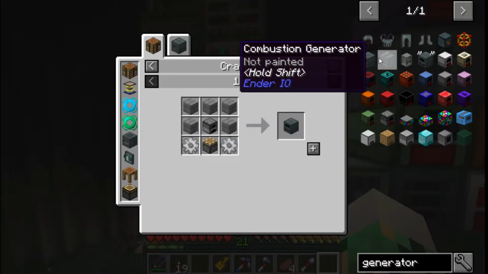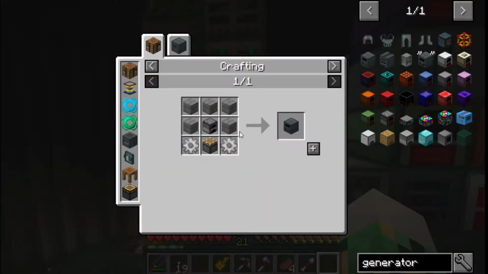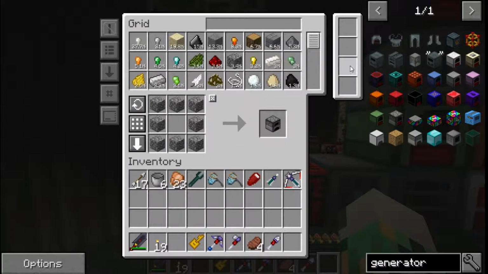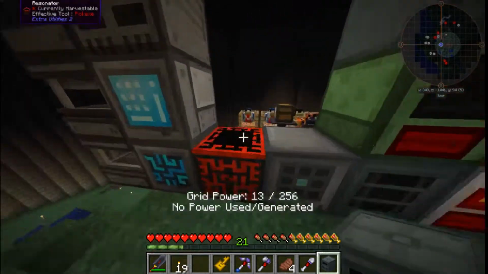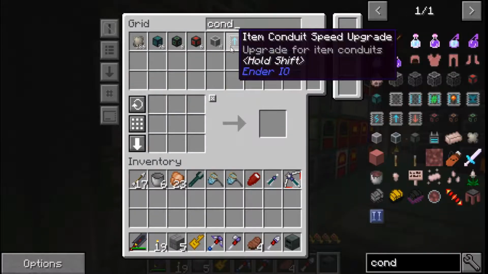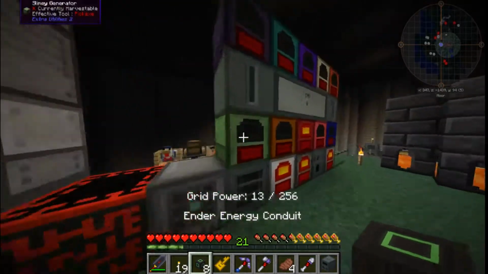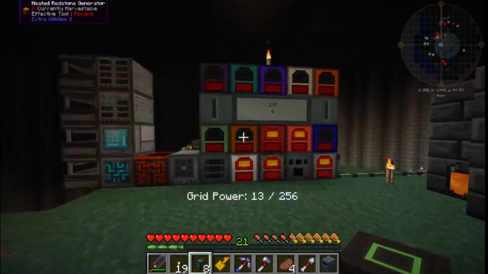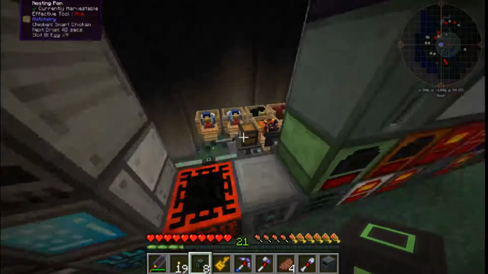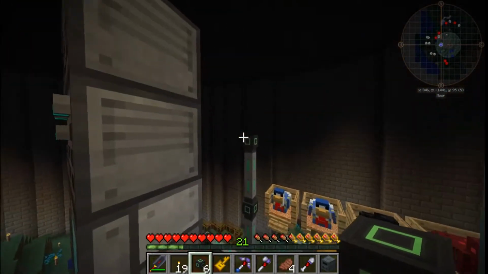Let's see what that... we're going to have to make all of these things, aren't we? So Stirling generator. Throw a furnace down. We'll make a piston. Look how easy this is to craft now. Stirling generator. And for this, I want to get some conduit. Yeah, we got some of this conduit. I want to keep this section pretty focused on these generators here. So I think I'll put the Stirling generator...